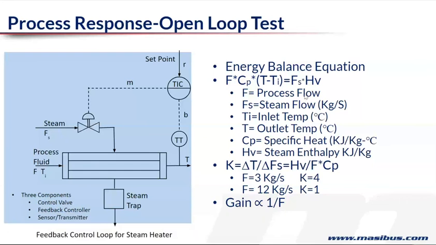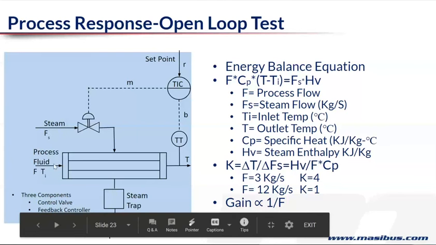Now, what is this equation? The equation is something like this: the flow into the specific heat of the medium, meaning its capability to absorb heat, into delta T, the temperature difference between the inlet temperature and the outlet temperature,